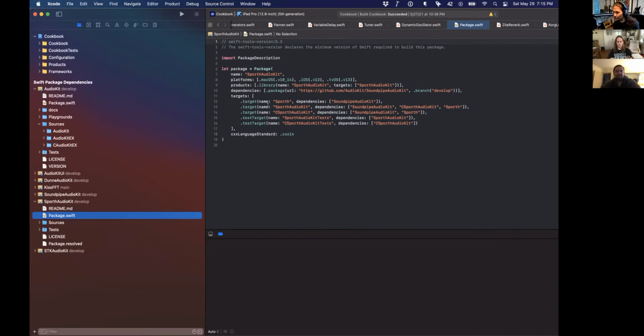And they're all set up similarly in that if there's an external dependency like Sporth or SoundPipe, that's set up here as a target. The AudioKit wrappers is a target, and then the C layer or the DSP or whatever it is is prefixed with the letter C and has the same name, CSporthAudioKit. A lot of the tests that we had in AudioKit also got dispersed to the other AudioKits, so most of them